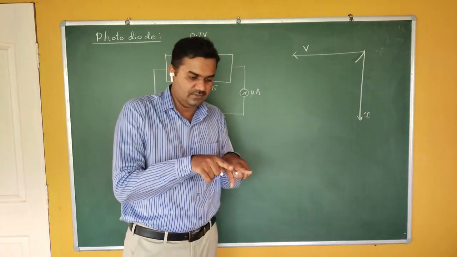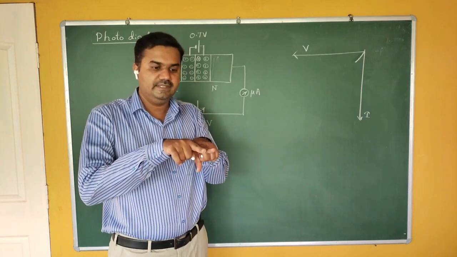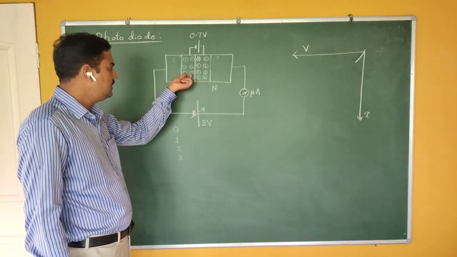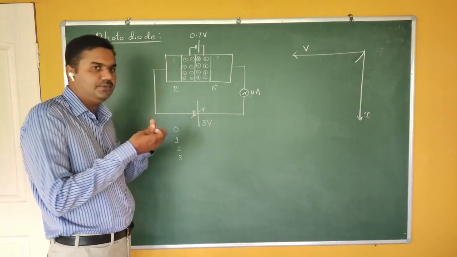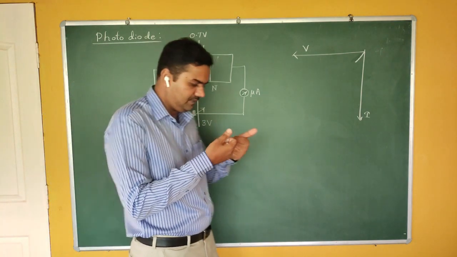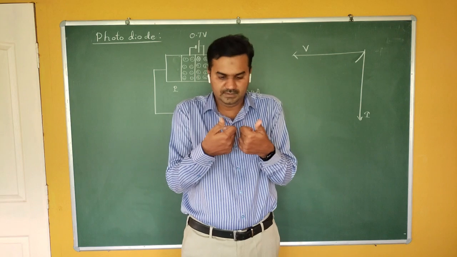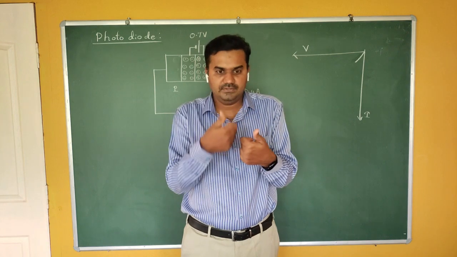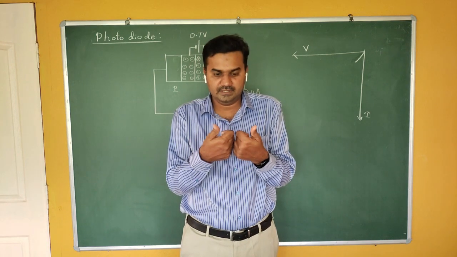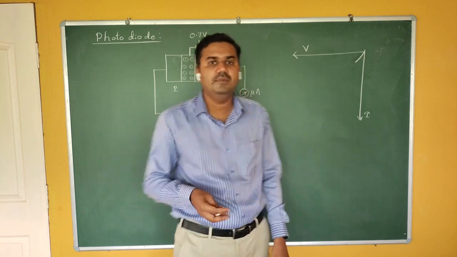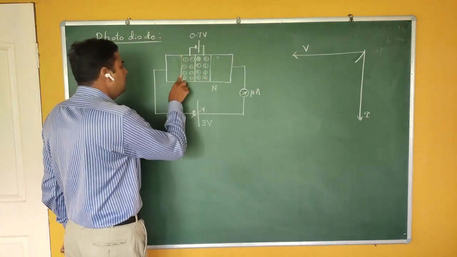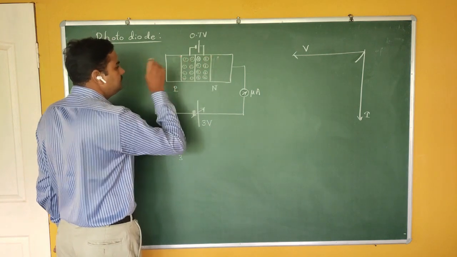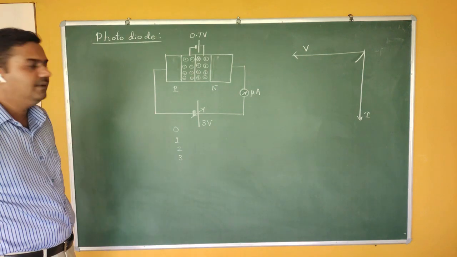As the vacancy is created, this depletion region starts increasing its width. As you can see, these are the negative and negative ions, and on the other side you have the positive and positive ions, so there is an electrostatic force here that is repulsive in nature. If they find a certain gap on the other side, definitely they try to go away from each other. So during this process, there is a small increase in barrier width.